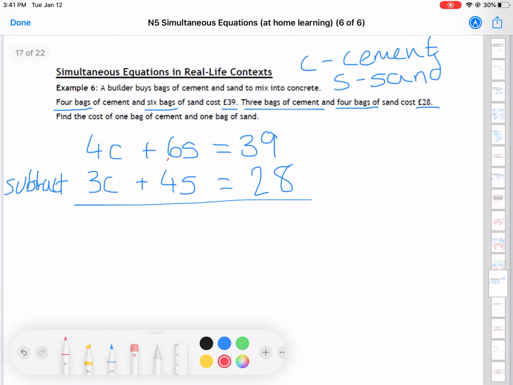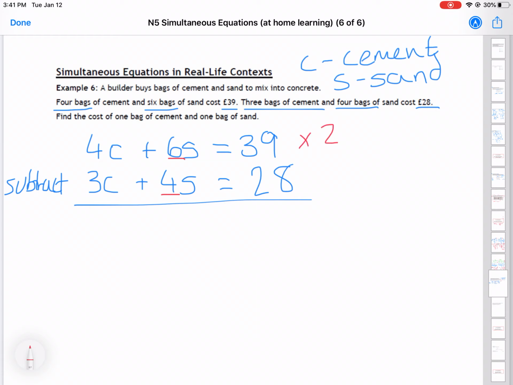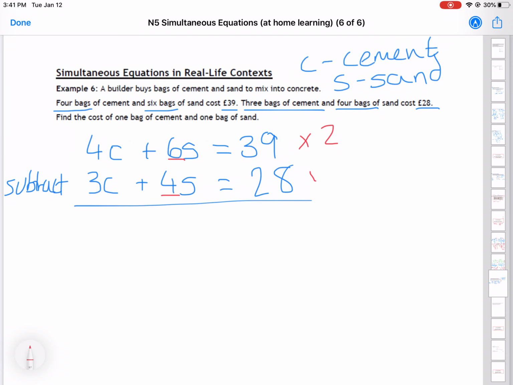Okay, what you might notice here is the 6 and the 4. We can multiply both of them by different numbers to make them up to 12, and that's what I'm going to do to try and keep my numbers a bit lower. So I'm going to times the top one by 2, that will make it 12, times the bottom one by 3, and that will make the S 12 as well. And what that will do is give me 8C plus 12S